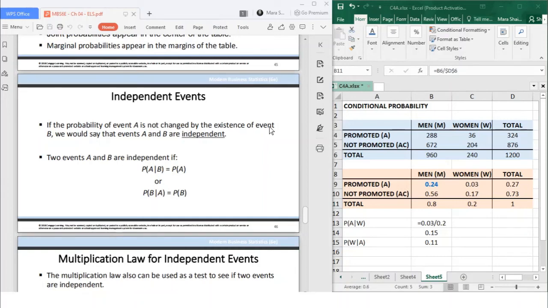Thus, we would say that events A and B are independent. Meaning, event A has no effect on event B. So, there is no relation between the happening of event A given the existence of event B. So, simply, if you are asked for the conditional probability of